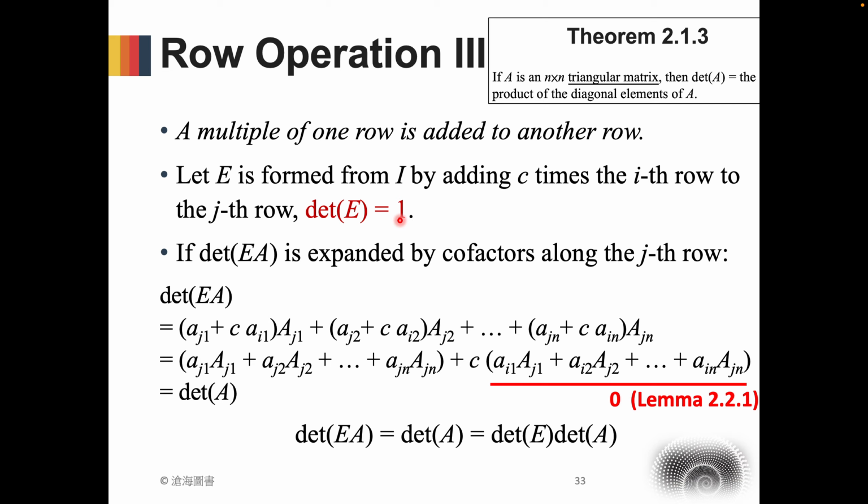Okay, we would like to show this. If we pre-multiply matrix A by the elementary matrix E, and then do cofactor expansion along the J's row,